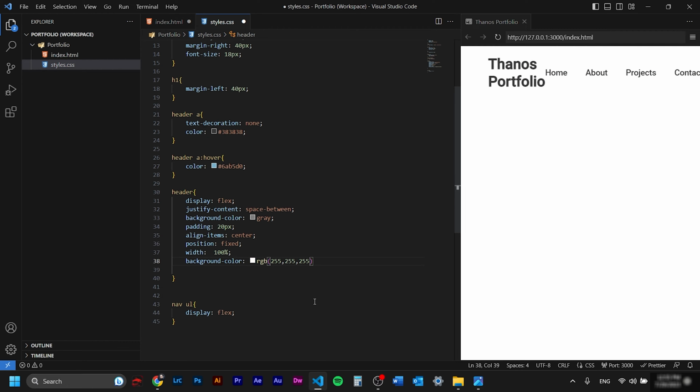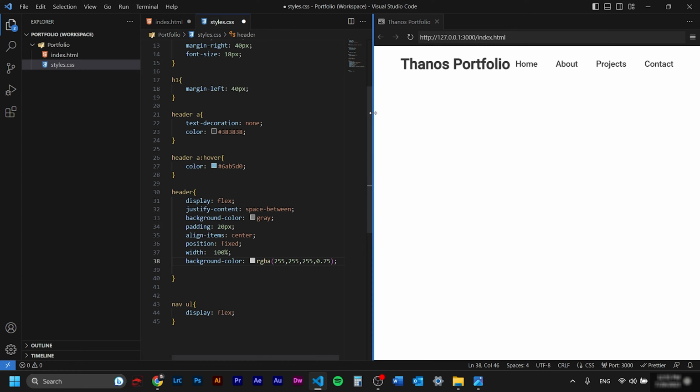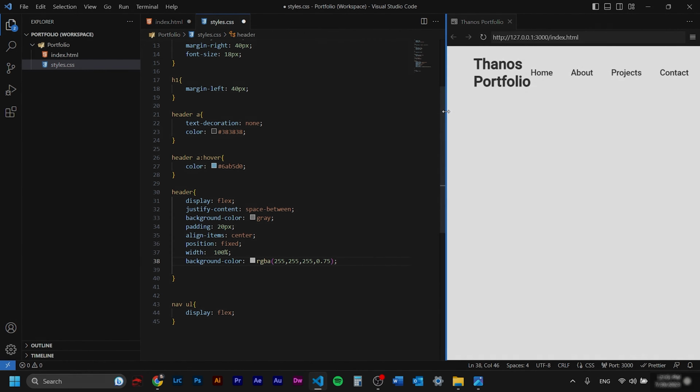This is white, and if you want to give the transparency, we will use RGBA, and we set the transparency to 0.75. If you are wondering why we see it still white, it's because we don't have anything on the background at the moment. So when we put the next div, everything is gonna make more sense.